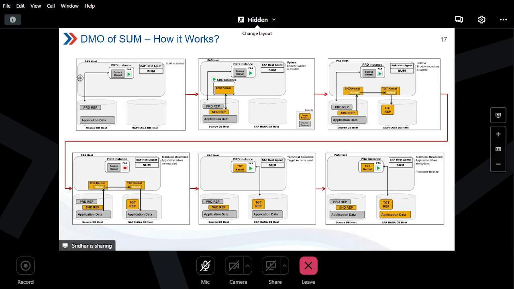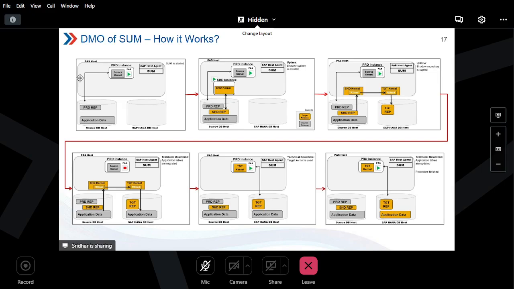In the uptime activities, your business will be running. All your systems and production operations will be running, but parallelly, the SUM activities and your pre-migration activities will also be running. To accommodate this, the SUM tool builds a shadow instance within your database itself. End users won't know anything about that shadow instance, and it will have your complete customization as well as your cost kind